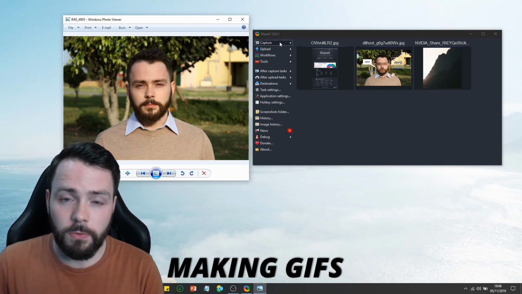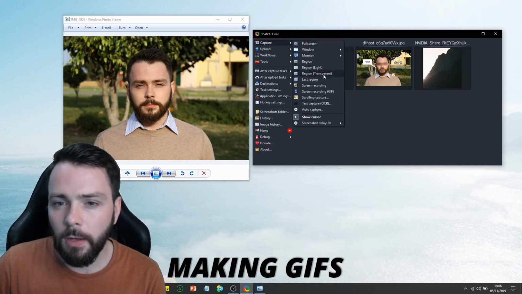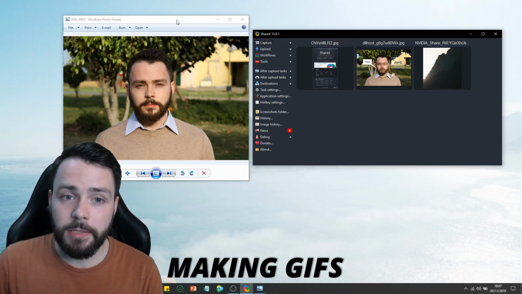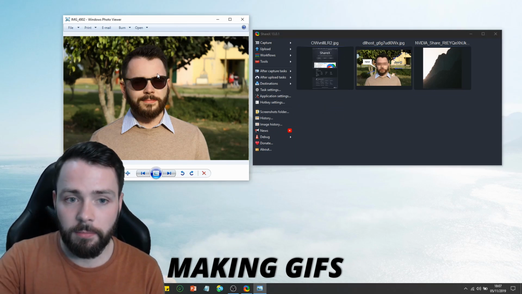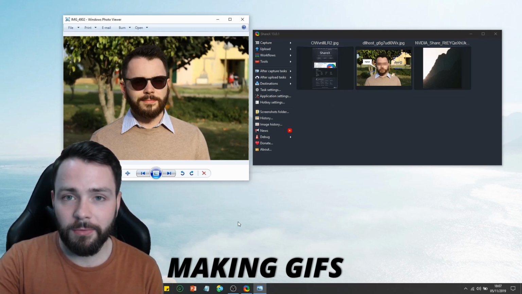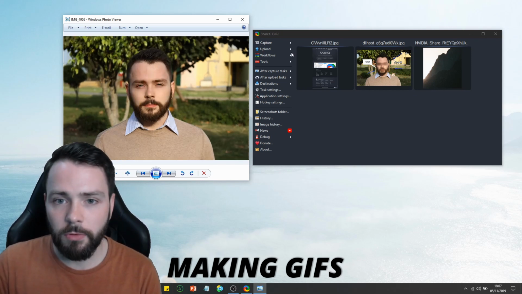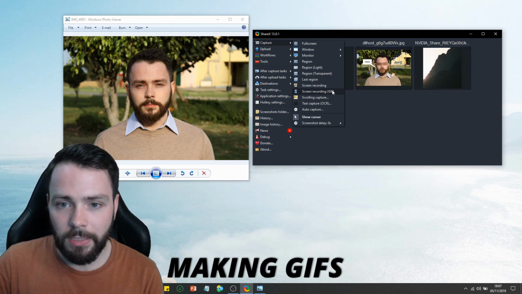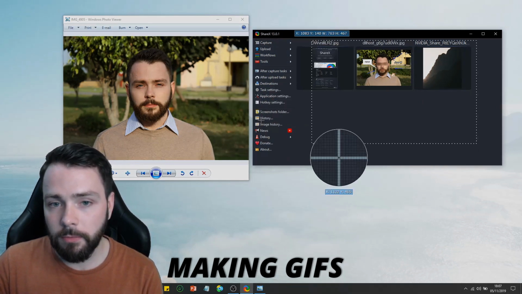So we're going to go to capture and we're going to click GIF. And what I'm going to make a GIF of is I have this picture and the one before it is this with my glasses on. So I'm going to make a GIF of just going left and right in that picture, just like that. A GIF can be as simple as that. It's just a moving image. So we'll go to capture, we'll click screen recording GIF, and it will give me the option to select the